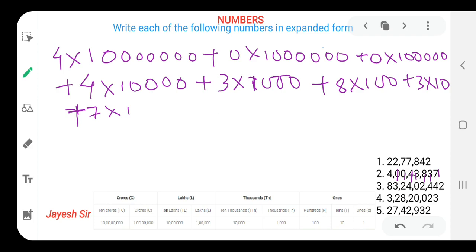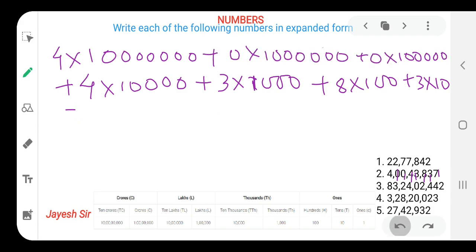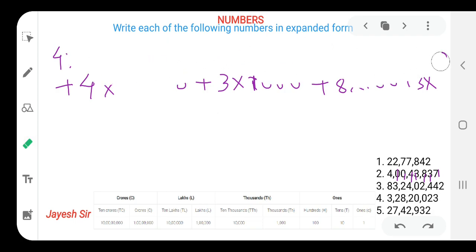By further solving, what will we get as our answer? After further solving, we have to rewrite the whole step. We don't have to write these two things in our next step because they both have 0 values. So after writing this, you have to write this, then this, then this, and this. I hope you all are getting it. That's very easy, and you have solved it before in your previous classes also. So let's begin with our third sum, friends, and that is very easy. Here you can pause the video and try to solve it on your own also.